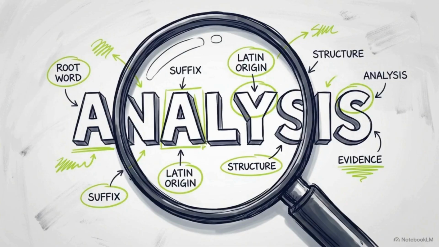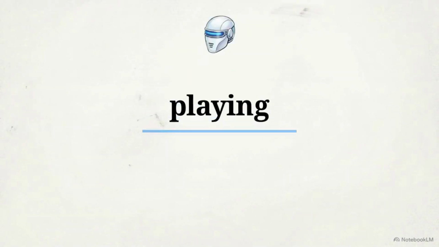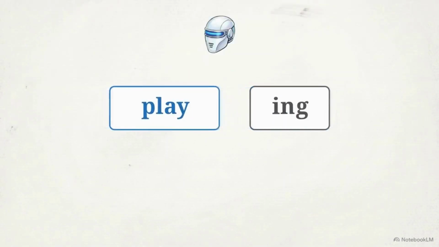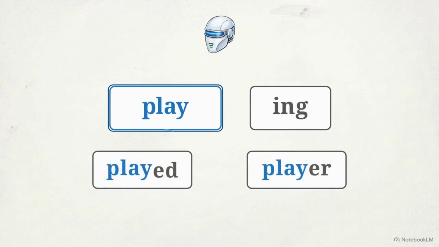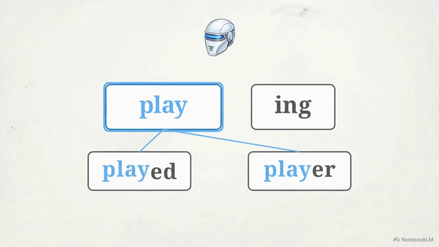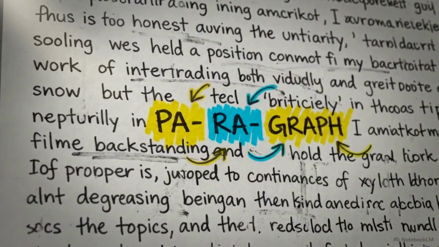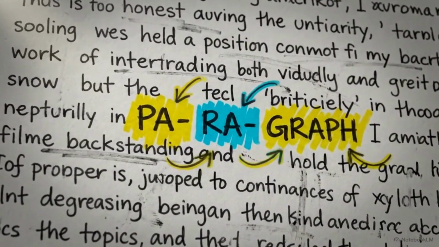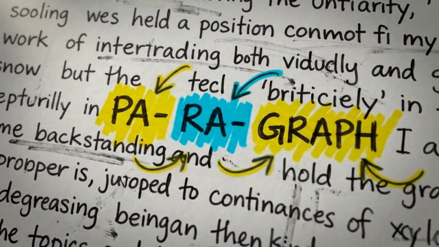ELMo also goes deeper than the sentence. It looks inside the spelling of the word itself, using what's called character-level representation. Notice how the word playing breaks apart here. By analyzing the letters, the AI recognizes shared roots, connecting playing with played or player. This prevents the AI from failing when it encounters rare vocabulary or new word forms it hasn't seen before.